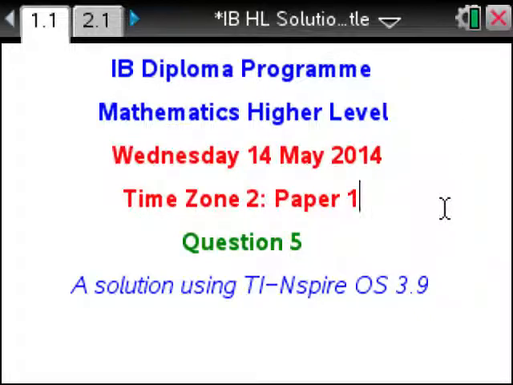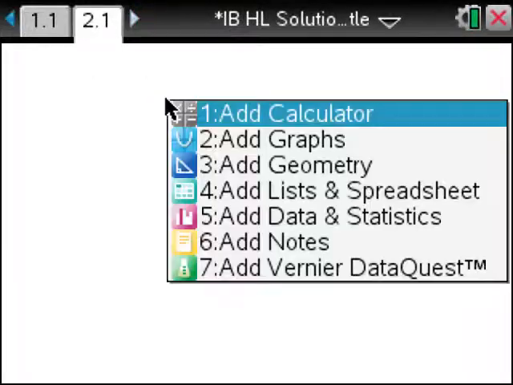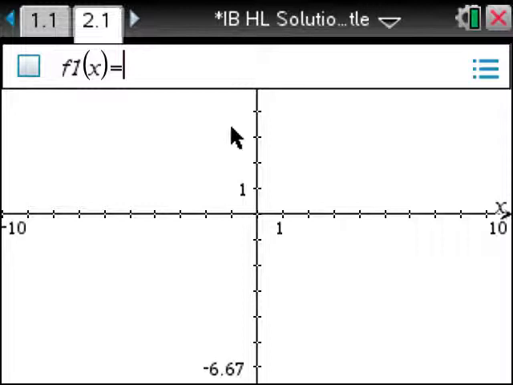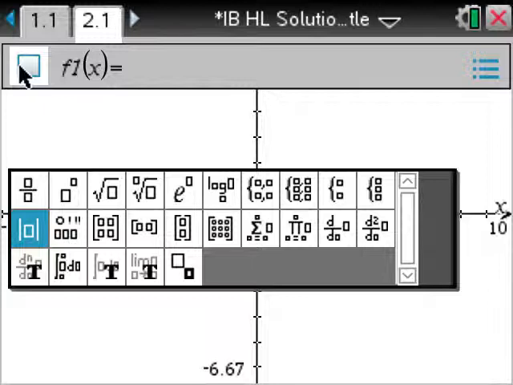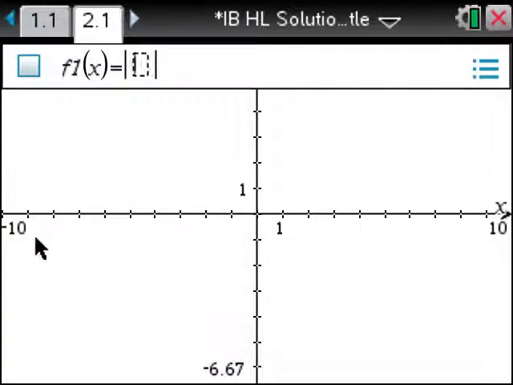So it's higher level paper 1, question 5. This question is rather trivial with a graphic calculator, but we'll go for it anyway. We're wanting to draw the graph of this function, so I'll press the template button to get the absolute value